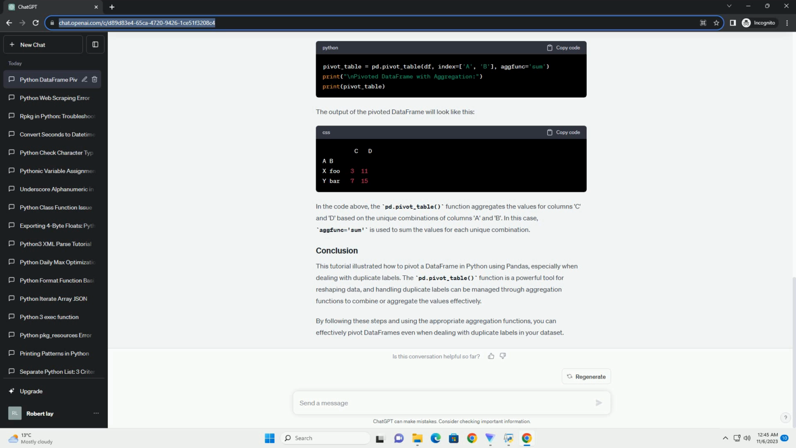Sure, I'd be happy to provide you with a tutorial on pivoting a data frame in Python, especially when dealing with duplicate labels. Pivoting a data frame in Python, particularly using libraries like pandas, allows you to reshape and restructure your data, making it more comprehensible for analysis. However, sometimes you might encounter scenarios where duplicate labels pose a challenge. This tutorial will demonstrate how to handle duplicate labels while pivoting a data frame using Python's pandas library. To follow along with this tutorial, you'll need